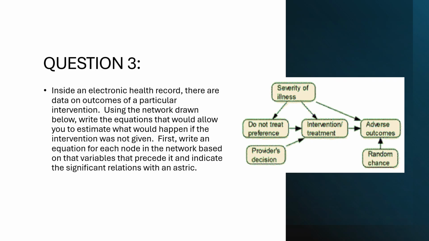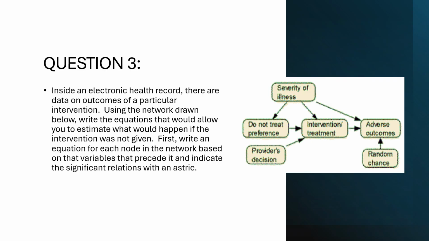Here is the question we are working on. We have a causal network showing the relationships between several variables, which includes severity of illness, provider's decision, do not treat preference, treatment, and adverse outcomes. Each arrow in the diagram represents a possible cause and effect link. The direction tells us which variable influences the other. Our goal is to write an equation for each node based on its parents, then predict what would happen if